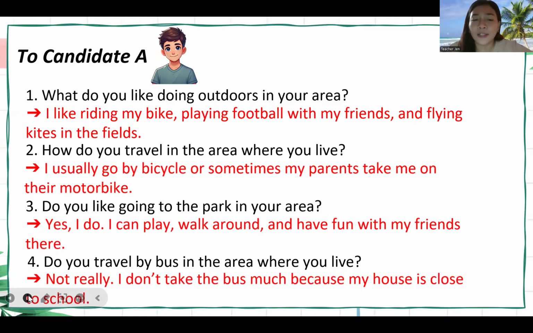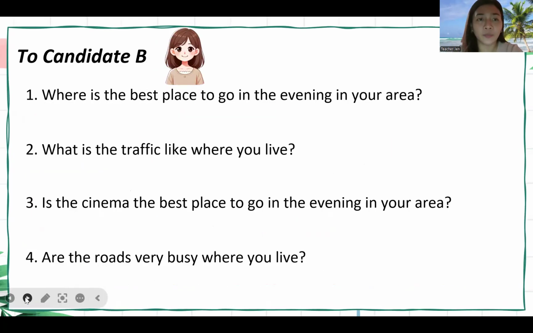Always encourage the student to give their own idea, not just reading the examples here. But if they are good, so yes, it's an advantage to us, and of course for them. They can give more ideas, they can expand their ideas. It's okay. So now let's move on here.